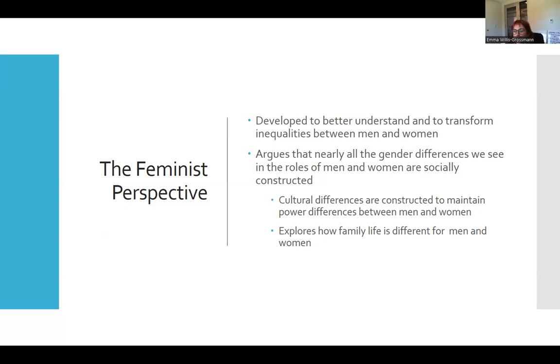So, for example, feminist theorists argue that the kind of work that women tend to do is valued less highly than the work that men do. For example, women tend to take on more household responsibilities and childcare roles. Oftentimes, it's just assumed that they're supposed to do those things or that they want to do those things. And as a result, they rarely receive recognition for the work that they are doing.